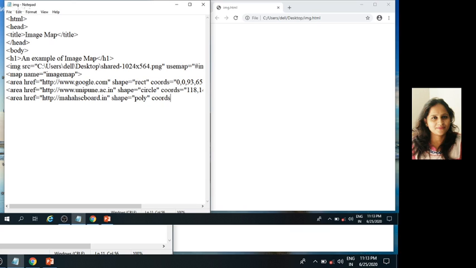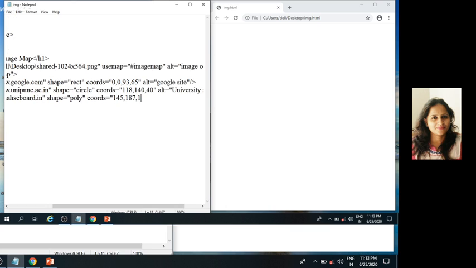Coords equal to 145, 187, 198, 215, 245, 280 and 305.